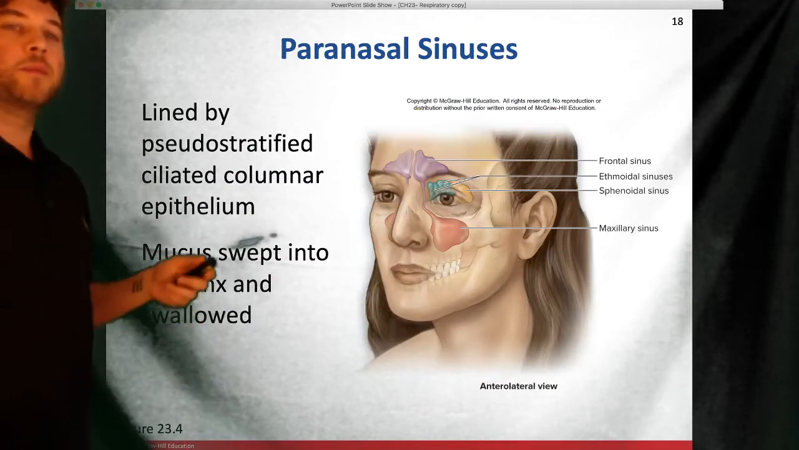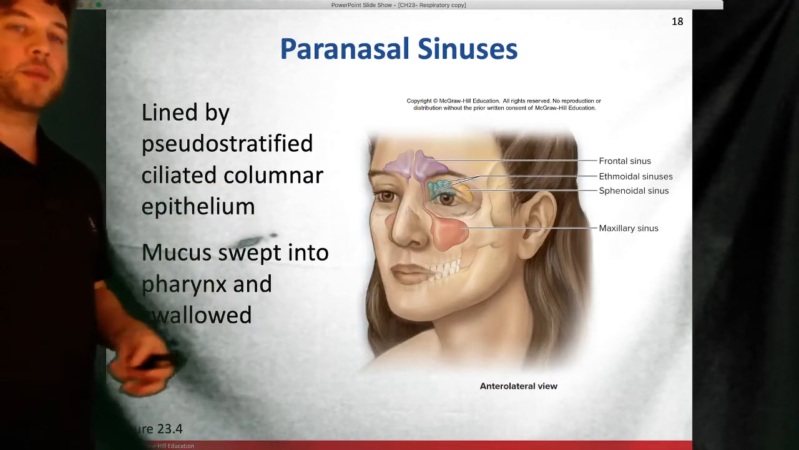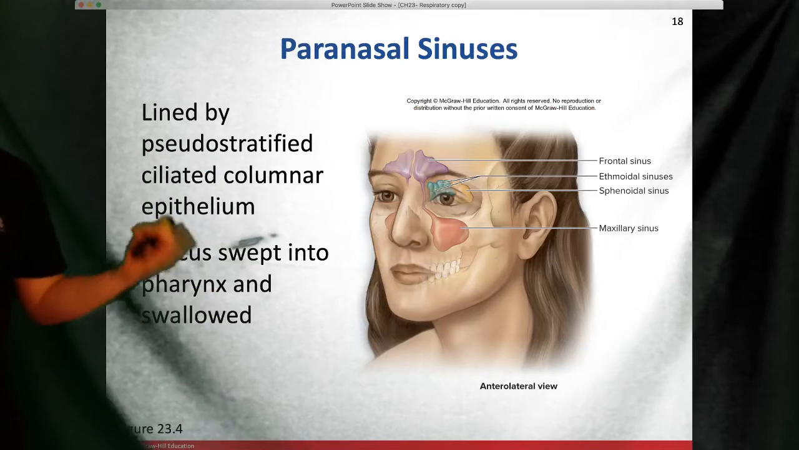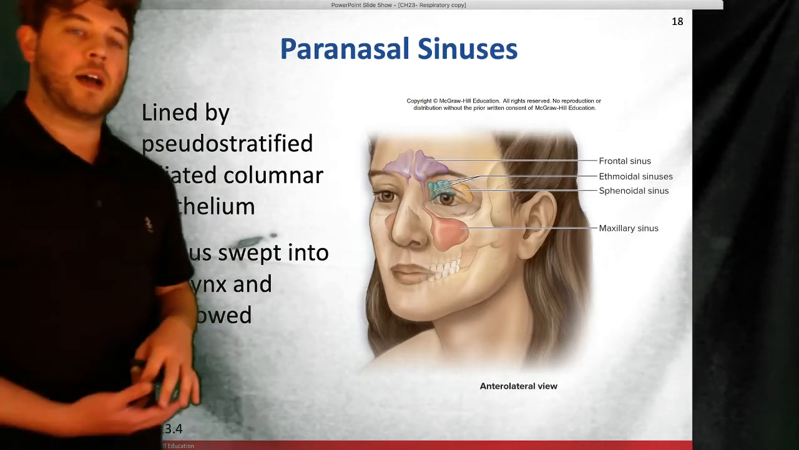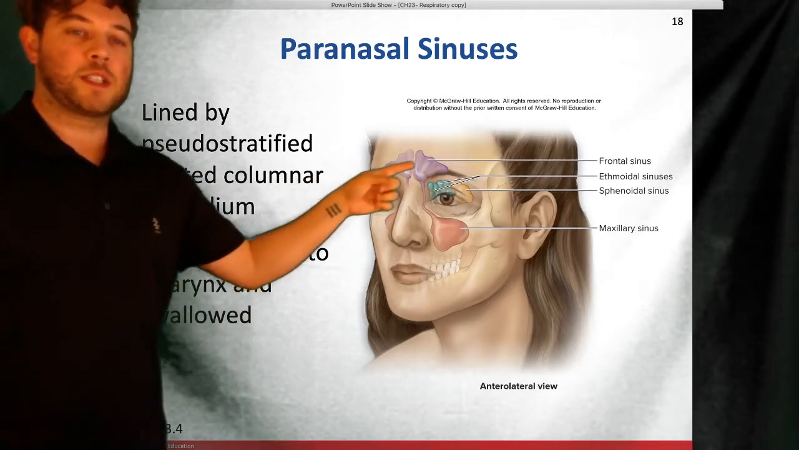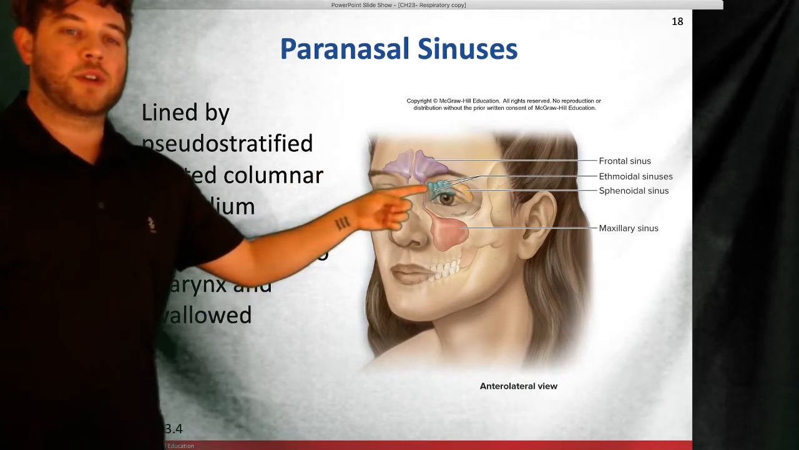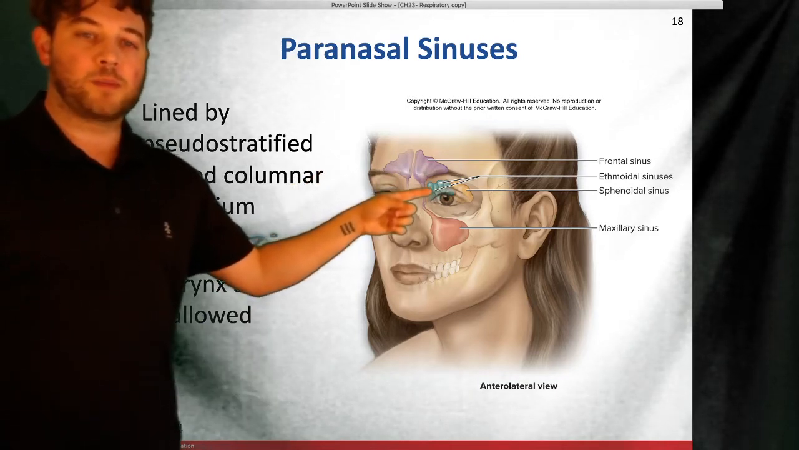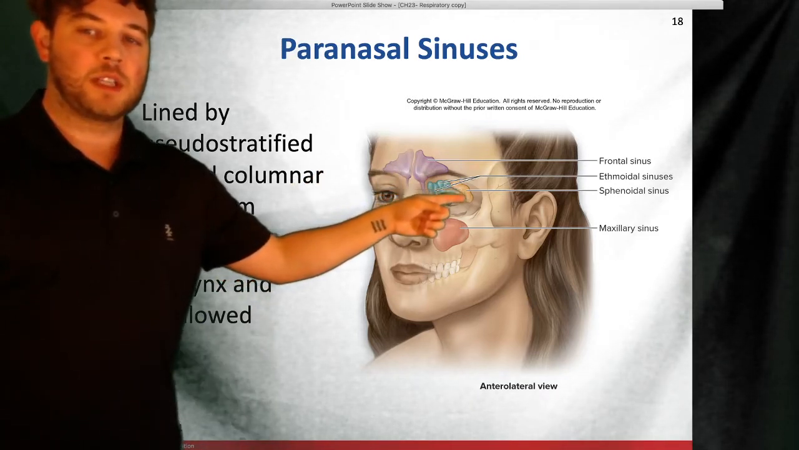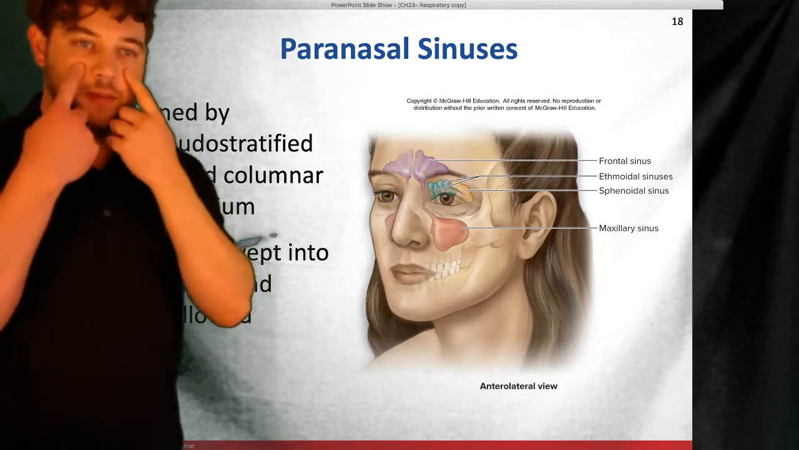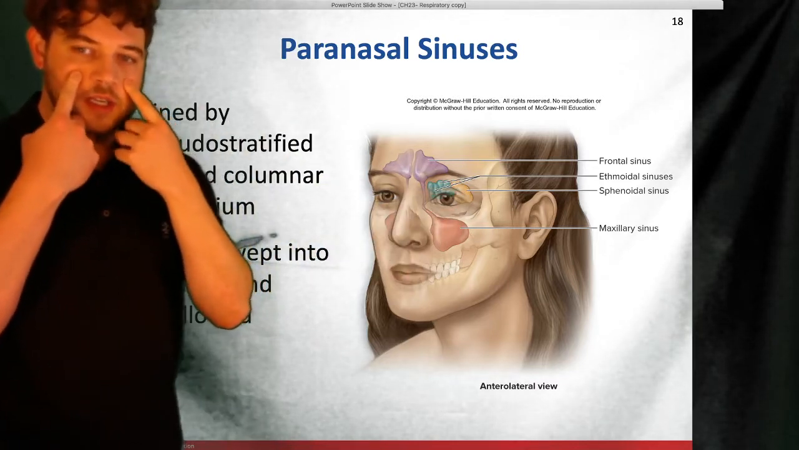They're lined by pseudostratified ciliated columnar epithelium. Mucus gets swept to the pharynx to be swallowed or coughed out. You can see up there are the frontal sinuses. Just below those are the ethmoidal. Behind them are the sphenoidal. And then in your maxilla, if you press along the side of the nose, that always feels really nice,